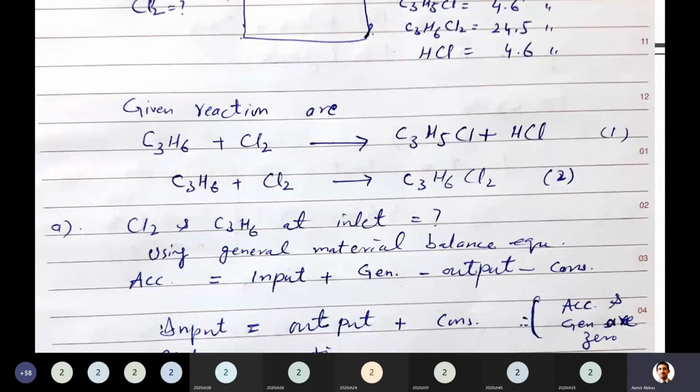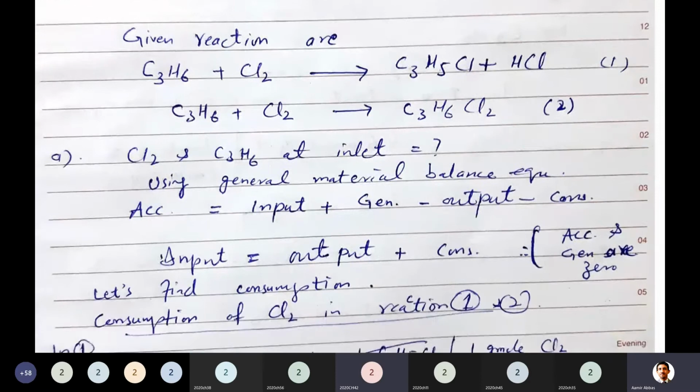Let me tell you. You guys did a lot of this in FSc. For example, if I know the amount of any product produced as a result of reaction, and that is coming at the outlet, for example, look at HCl. Does HCl come from the inlet or is it produced in the reaction? Sir, it is produced in the reaction. If we know the amount of this, can we link it with the chlorine, that how much chlorine was consumed to produce this? Yes, sir. Yes, definitely you can do this.